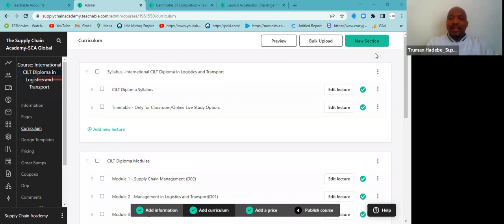So it doesn't really matter what it is and which study option you're part of, whether you're on e-learning or online live classes, or you are a student that has taken the classroom-based option,